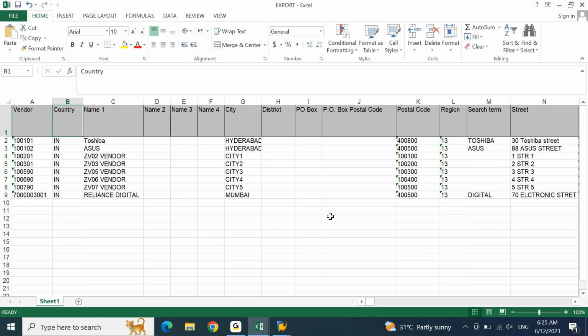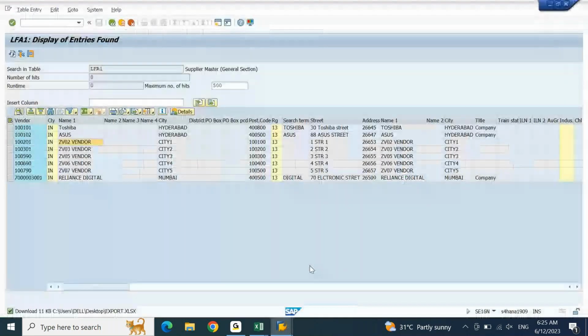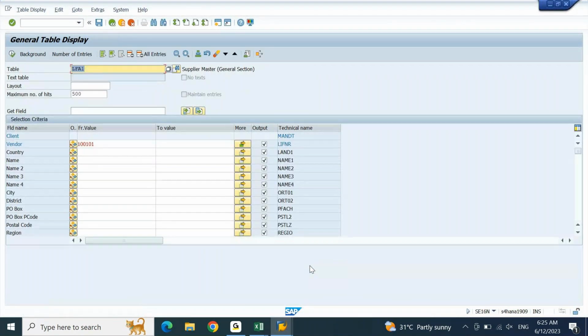Right? If you look at this, what are the first 2 digits of the table? Vendor country. First 2 digits of the table: LF. LF is the first two digits of the table. Always what you do, take the first 2 digits of the table name, put a star and click on this drop down option or F4